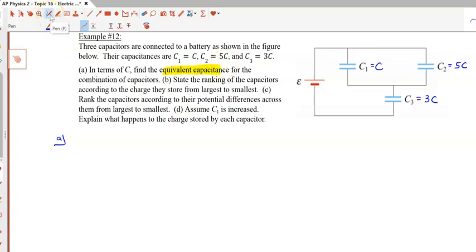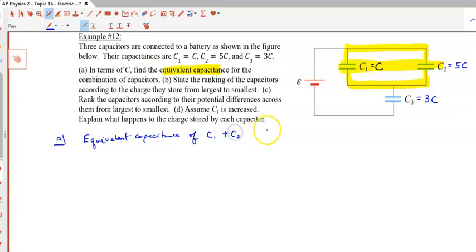So when we solve for equivalent capacitance problems, what we do is we start off with the innermost pieces. We're going to basically add these two capacitors in parallel with each other first, and then redraw our circuit with basically two capacitors instead. So we'll combine these as one capacitor. So we need to find the equivalent capacitance of basically